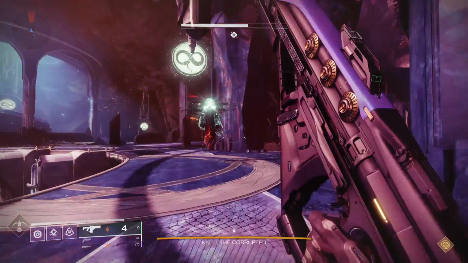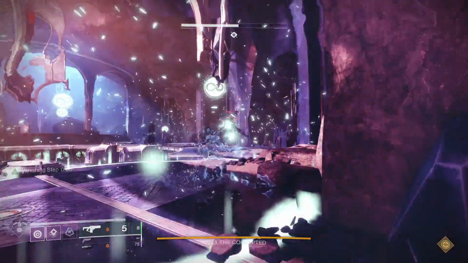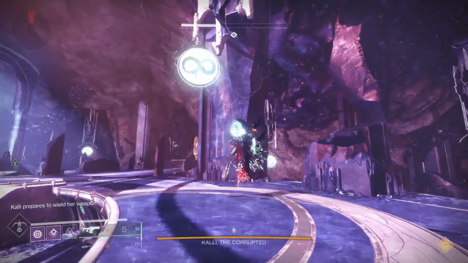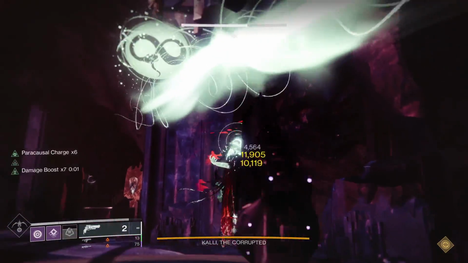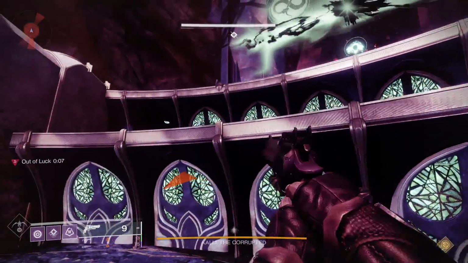And finally, we have the weapon everyone probably wanted to see, which is Hawkmoon. Sadly, as I mentioned earlier, my game kept crashing in this Lost Sector, so I had to go to Cali in the Last Wish raid to test out Hawkmoon. I proc a Paracausal ×7 shot and have the damage boost at ×9, and we get a shot for